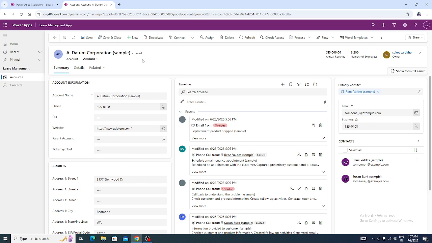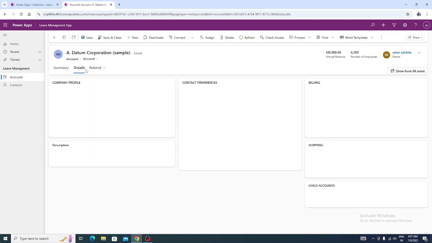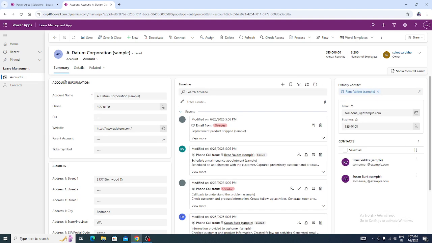We have already seen in detail the components of forms. We have different tabs here, under the tabs different sections, and inside each section different fields. We have multiple forms, but currently we are just going to work with the default form,